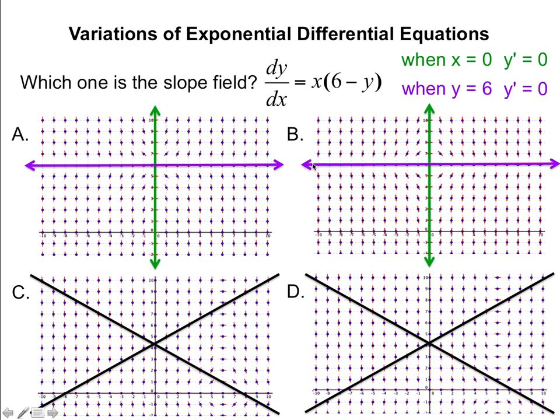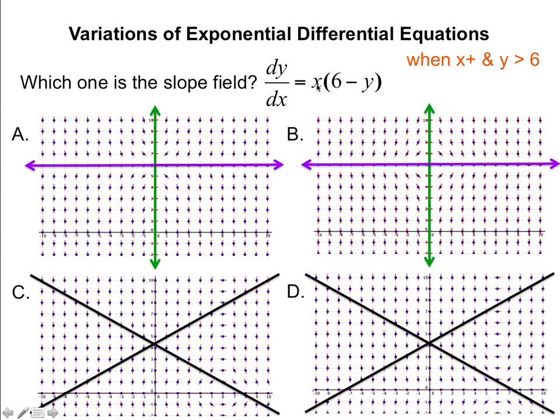Now anytime we have a horizontal line along a grid line that's also horizontal, that becomes an asymptote. So if you notice that solutions up here are going to stay up here and solutions down here are going to stay down here, and likewise on this picture. So now we have to start looking for some other things. And I'm going to look for where this is positive or negative because it's a product of two things. So